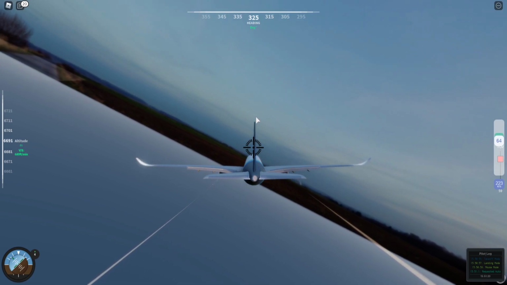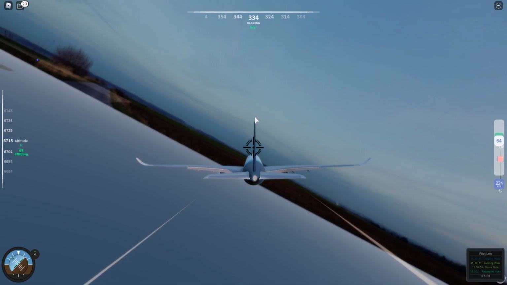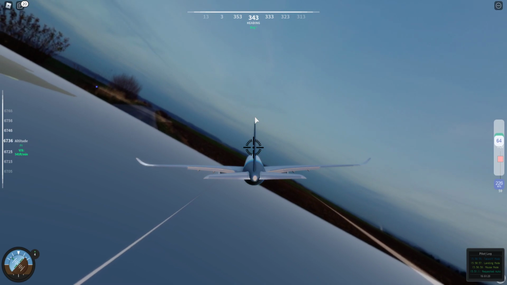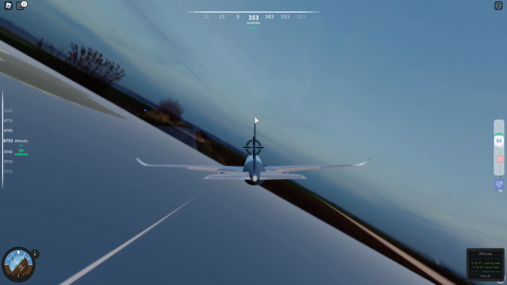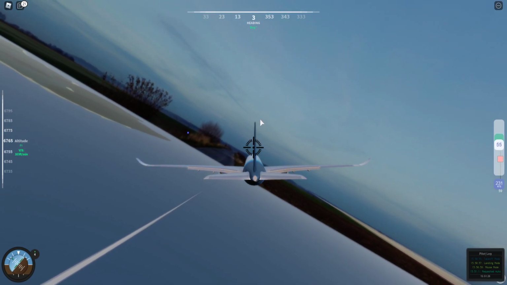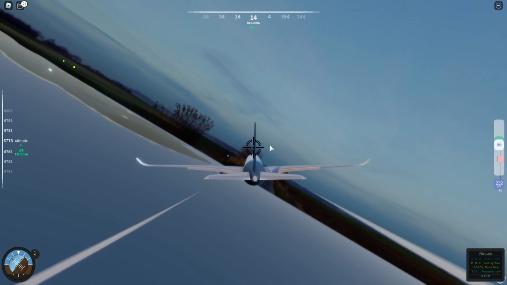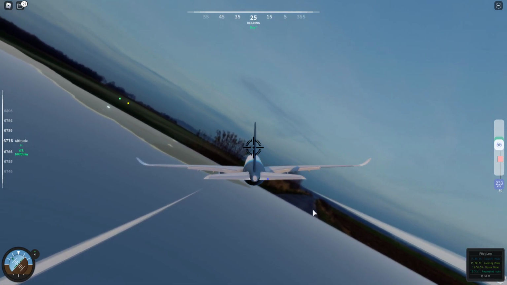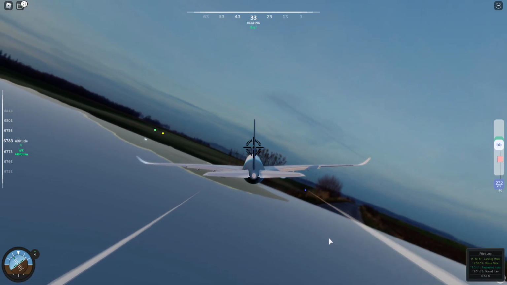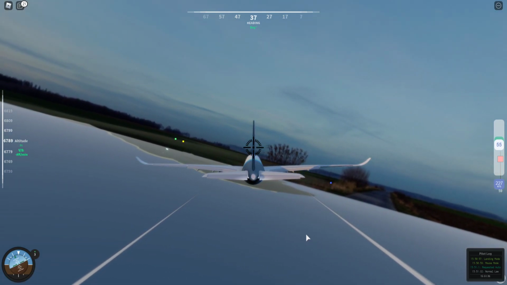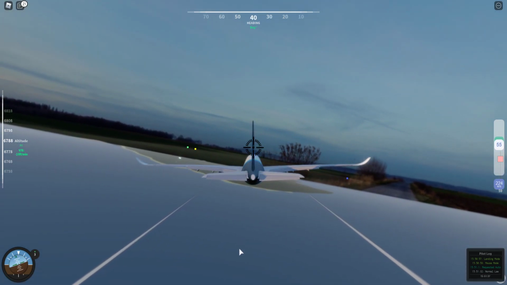Gonna try and maintain that pitch speed. I still want a good amount of speed because I'm pretty far away from the airport. Okay, so I should be at this point online for takeoff. I mean, oopsie, for landing. I've turned off, so as I mentioned in the previous video,